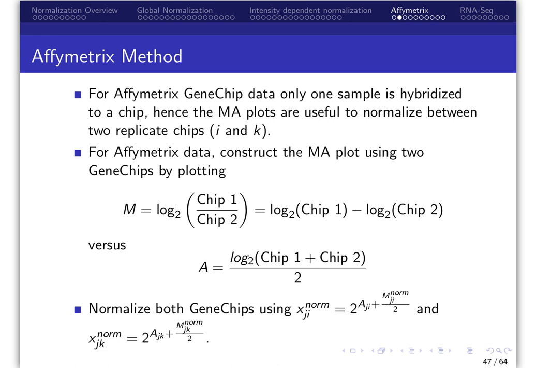For Affymetrix gene chip data, only one sample is hybridized to a gene chip. Hence, the MA plot is useful to normalize between two replicate gene chips. The MA plot consists of plotting for each probe j for gene chips I and k, M versus A. Again, under ideal circumstances, these MA plots should show a cloud of points about 0 for technical replicates. If intensity-dependent normalization is needed, a Loess regression can be fit to the MA plot. The fitted values from the Loess regression are then used to adjust the data, such as what we saw with